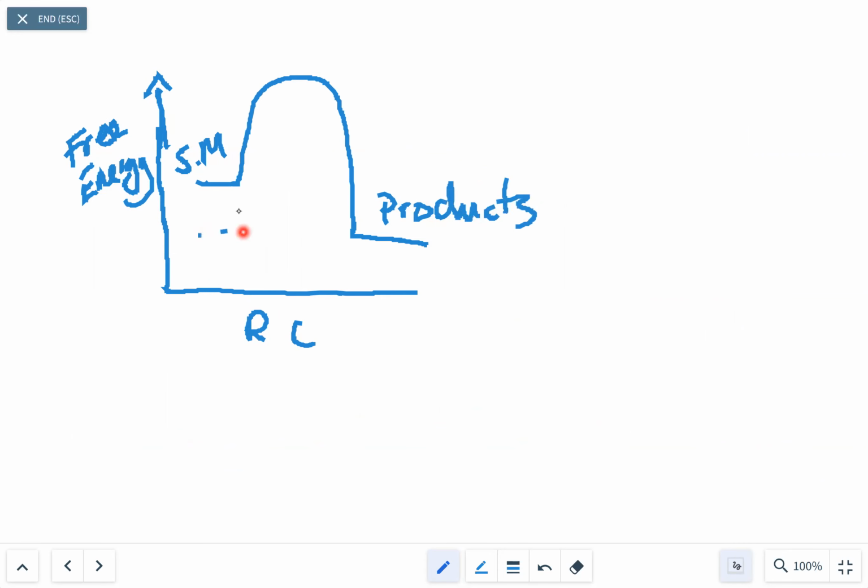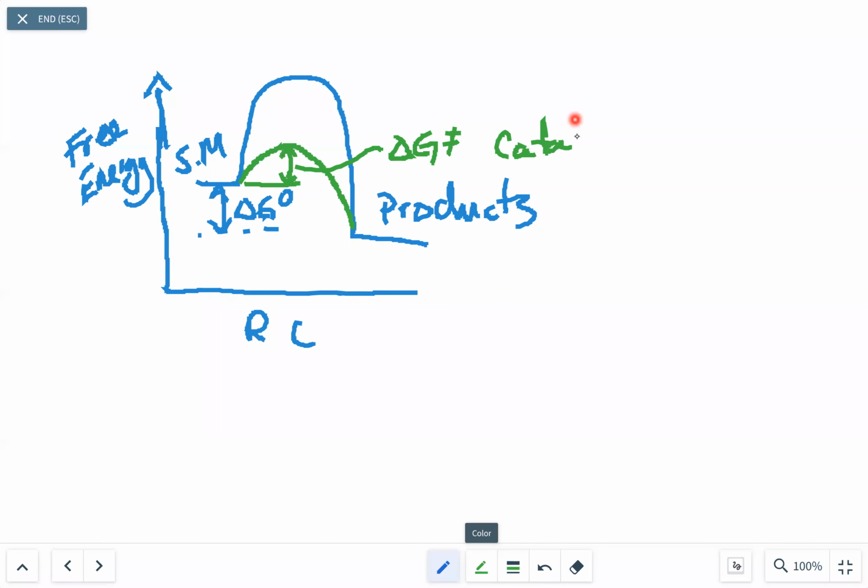So this will be delta G naught, and it's negative, so this would be a spontaneous reaction. What a catalyst is going to do is it's going to lower the delta G dagger. So the green line would be with the catalyst, and the blue line would be without